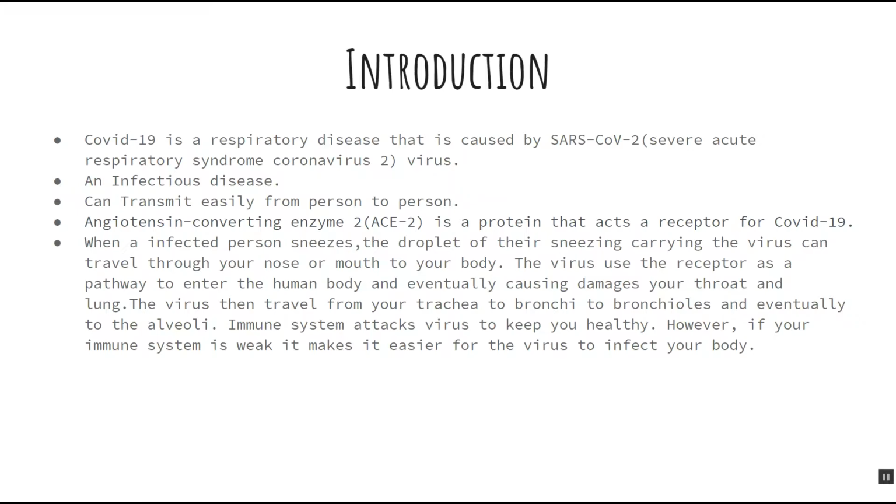And as we know, the immune system attacks viruses to keep you healthy. However, if your immune system is weak, which is the case during COVID-19, when you have coronavirus, it makes it easier for the virus to infect your body. So